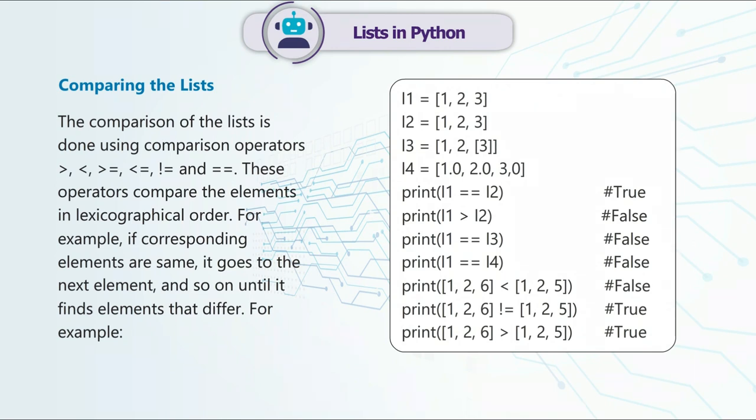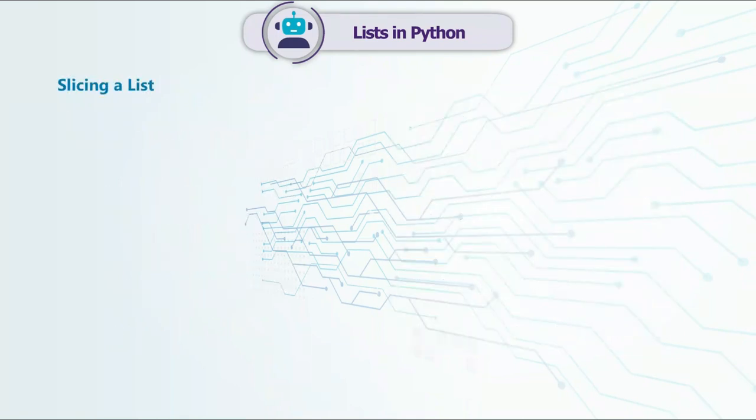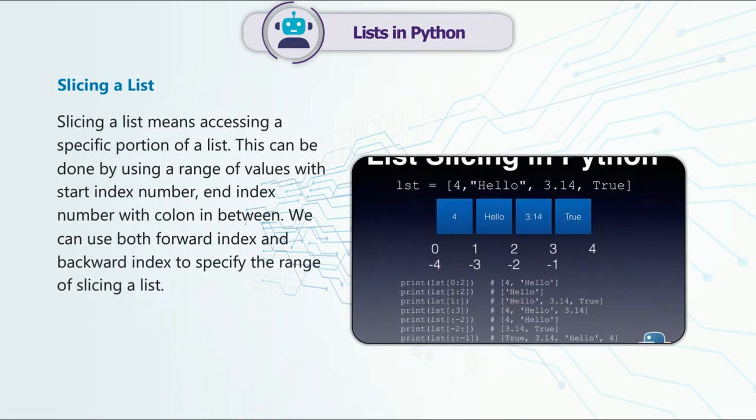Comparing lists. The comparison of lists is done using comparison operators. These operators compare the elements in lexicographical order. For example, if corresponding elements are the same, it goes to the next element and so on until it finds elements that differ. For example,